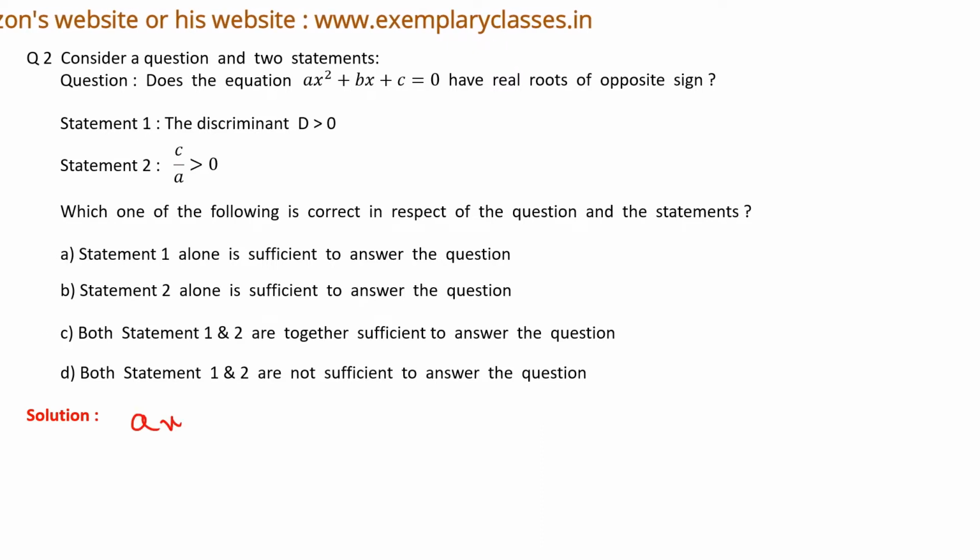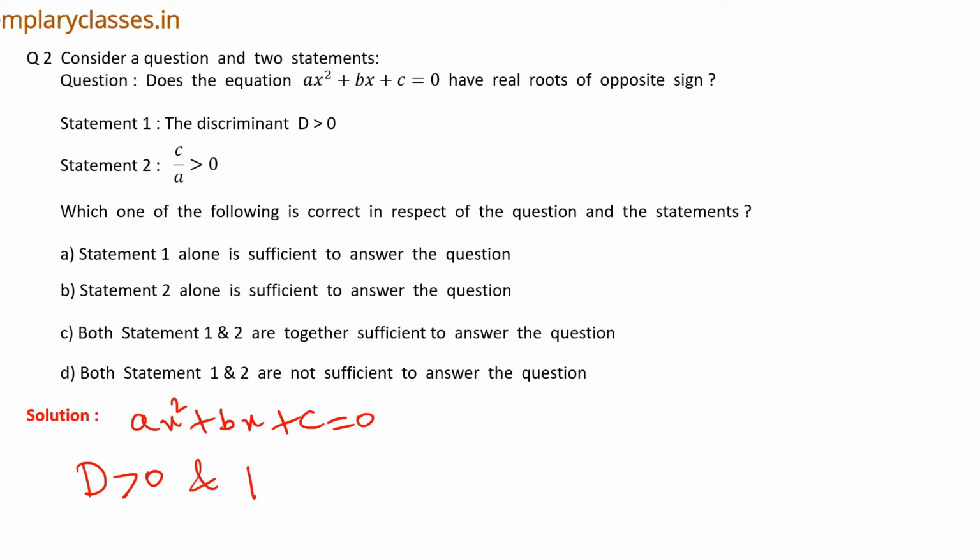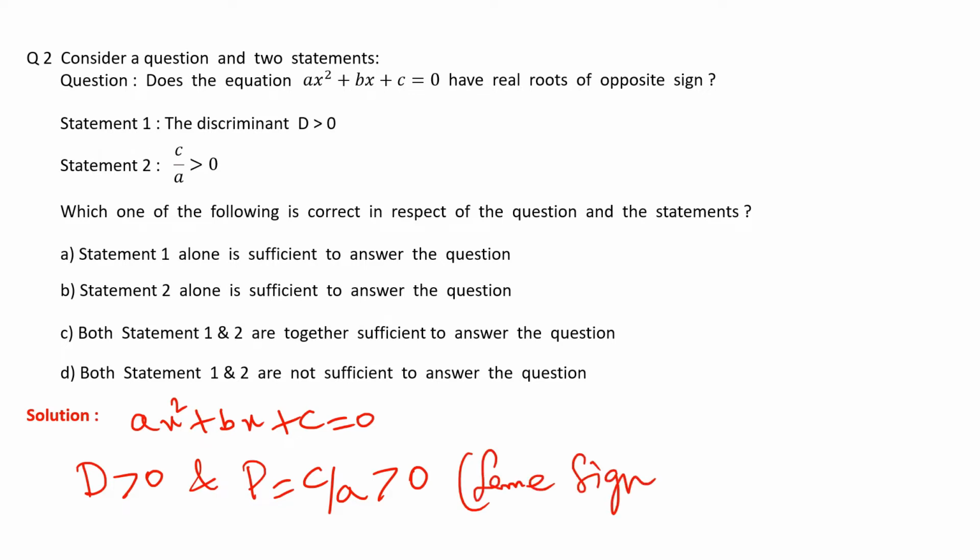Now students, we know that whenever any quadratic equation ax square plus bx plus c is equal to 0 has real roots, then certainly its discriminant D is greater than 0. Secondly, to determine whether both the real roots will be of same sign or opposite sign, we need to take the help of the product of roots, which is P, and P is c upon a. In this case, c upon a is given to us as positive, right? If we look at the second statement, so if P is equal to c by a, which is positive, then this clearly implies that roots will be of the same sign,